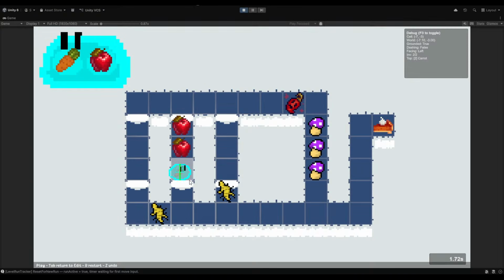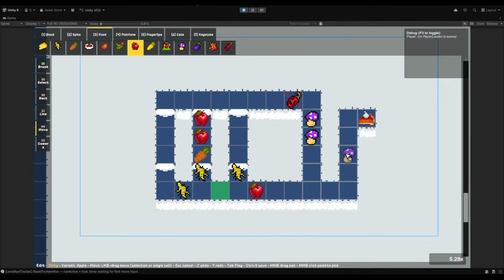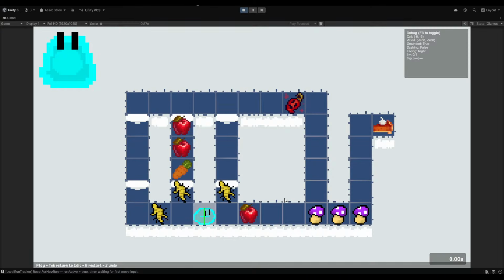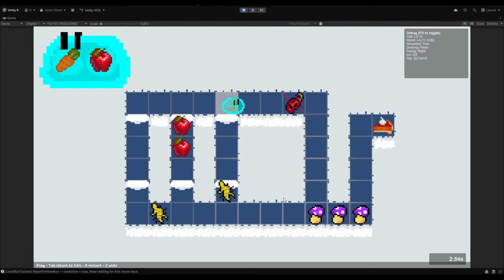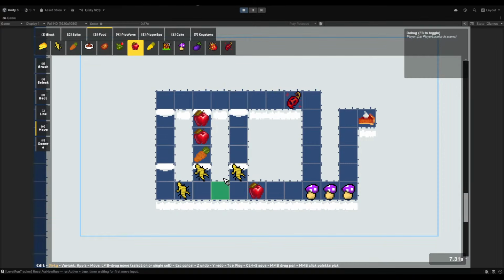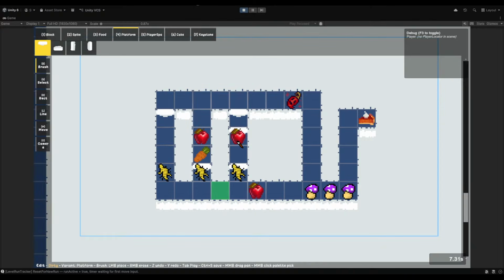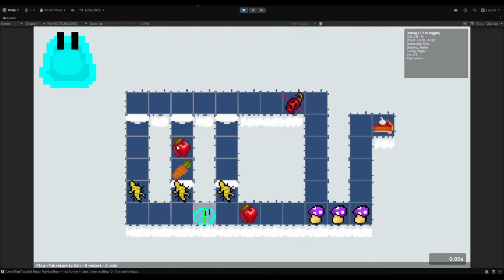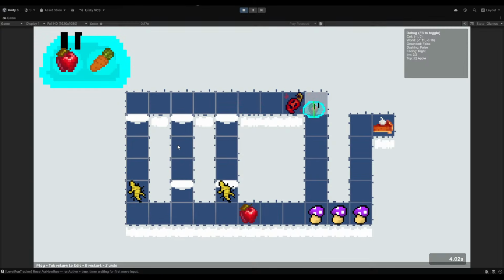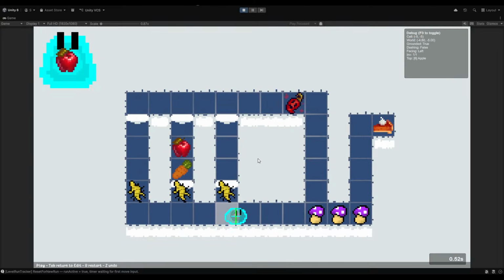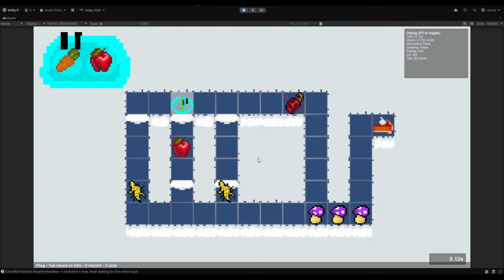Well, you could... Oh, we could put mushrooms like so. Now you can control only destroying the apple. Oh, this is it. Oh my goodness. I think I see where I'm going with this now, finally. Now the players need to realize they can't pick up the carrot first, right? Because they're just going to kill the carrot. There's no way to win the level. So they get the apple. They can get the carrot now.